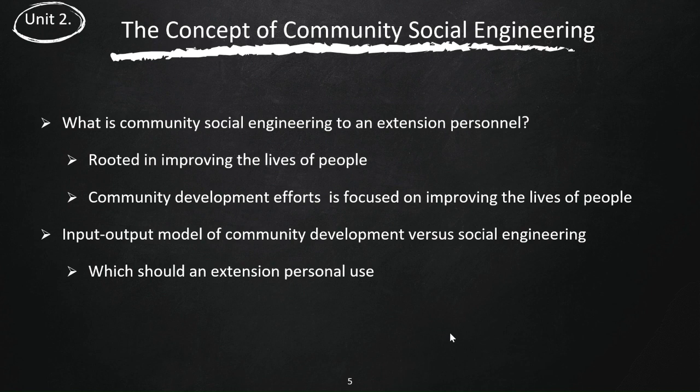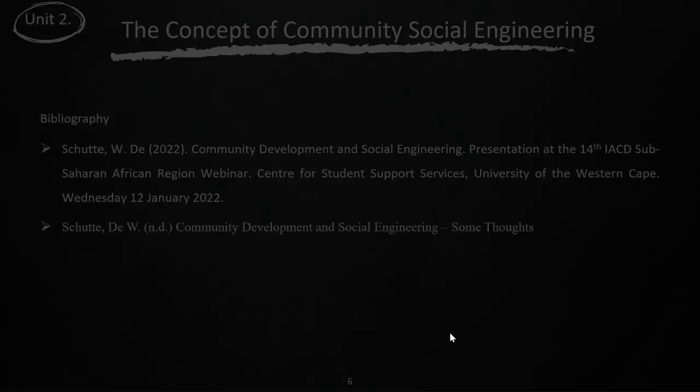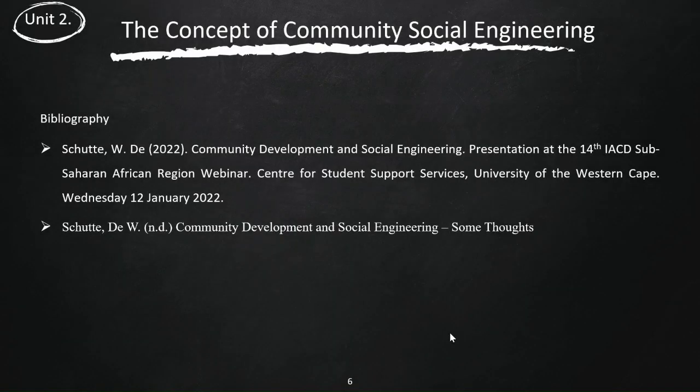It has to be collaborative, it has to be community driven and all that. So this is not the course for all that, but it's so that you understand this thing. So the extension personnel should not just from the outside determine what people want and engineer it, but work with the people to determine what they want and help them to solve their problem. That's extension. Okay, so that's that for social engineering. It's just to understand the concept of it, and these are the resources for it. You can check it out online and read more.